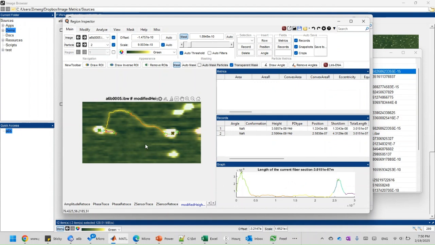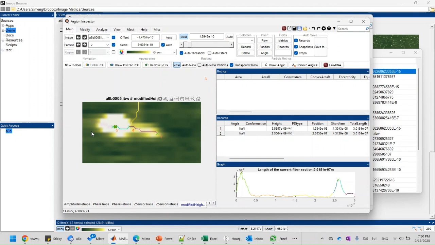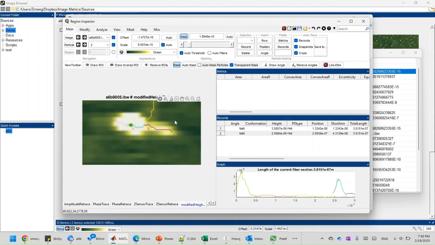All right. So let's say it finds the entry and exit points for particle one, protein one. That's good. And for protein two, let's see how well it does. So right now, let's see. Okay,